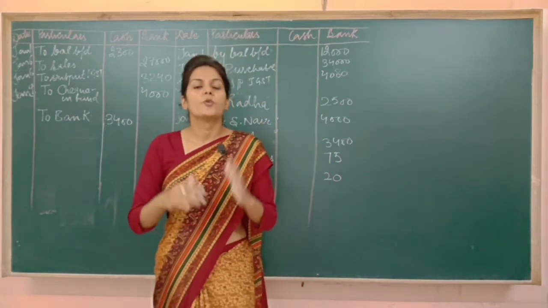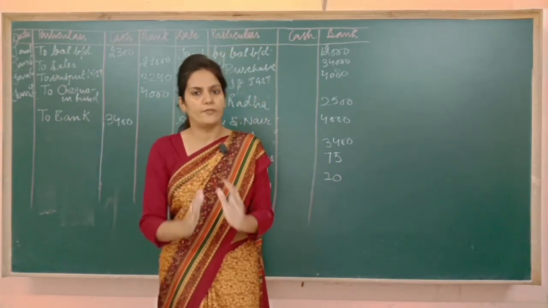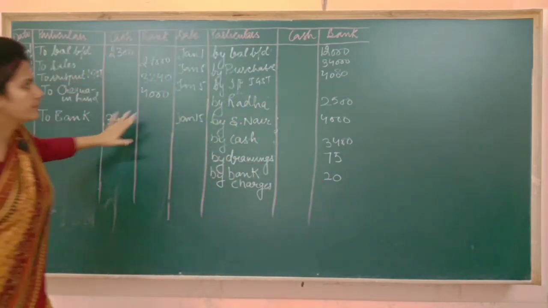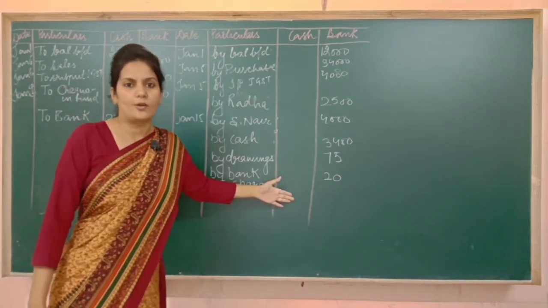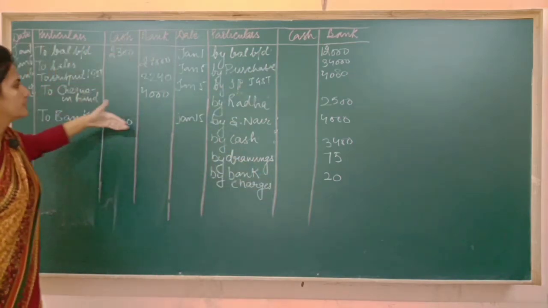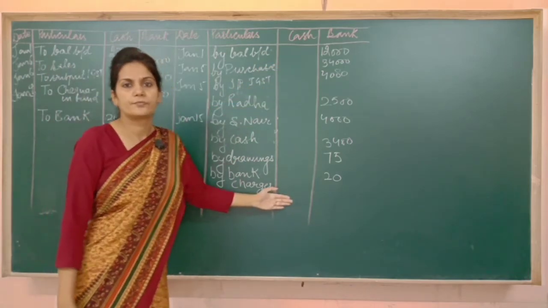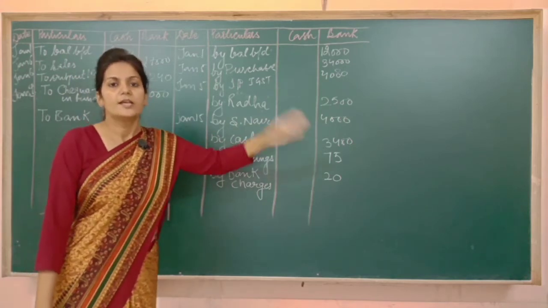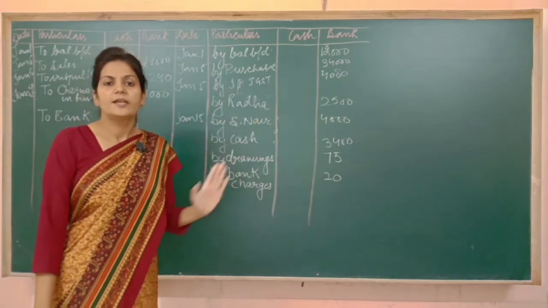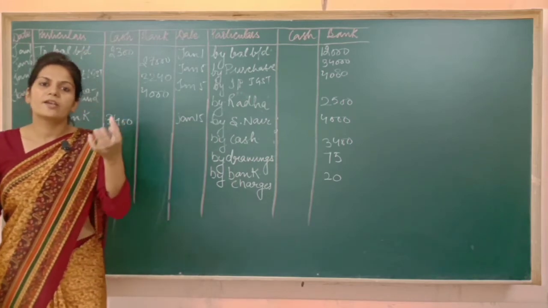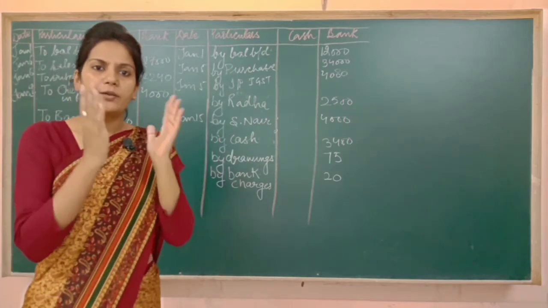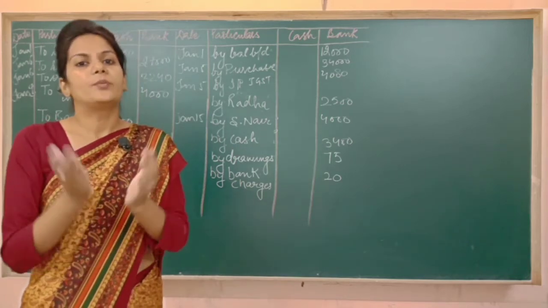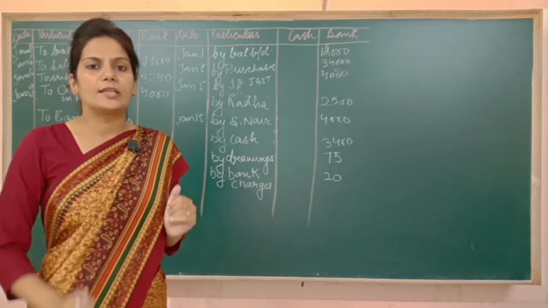It means that whatever cash in hand you have, cash in hand means cash received minus cash gone out of the business. Receipts minus payments. In this question, there are only receipts, there is no payment. Receipt minus payment is cash in hand. It is given in the question that whatever cash in hand you have, out of that money, keep rupees 700 with you in form of cash and deposit the rest of the amount in the bank.